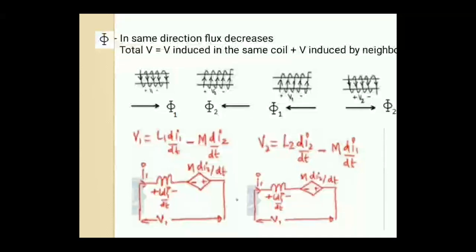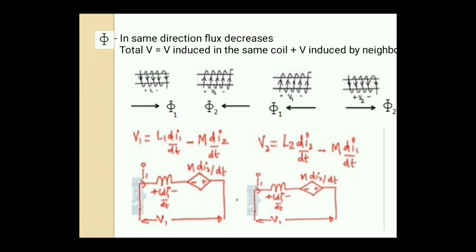In the same manner, let us assume that current I1 is flowing through coil 1 and current I2 is flowing through coil 2. These coils are placed near each other and have inductances L1 and L2 respectively. Now see here. First we find the direction of the flux in coil 1 using the thumb rule, by placing the four curled fingers of the right hand along the magnetic field direction. Then the thumb of the right hand indicates the flux direction. Using the same rule, we find the flux direction in coil 2.